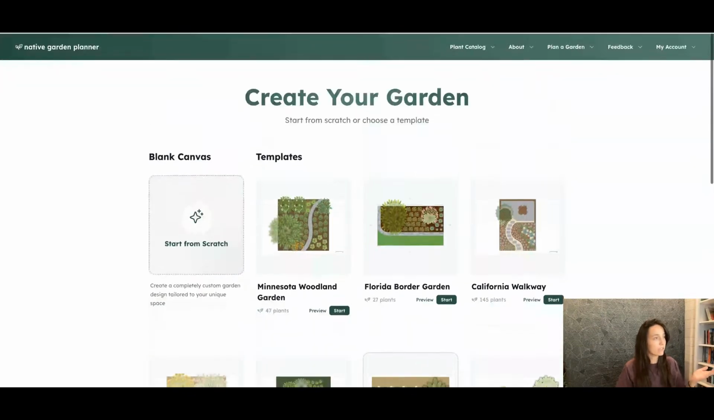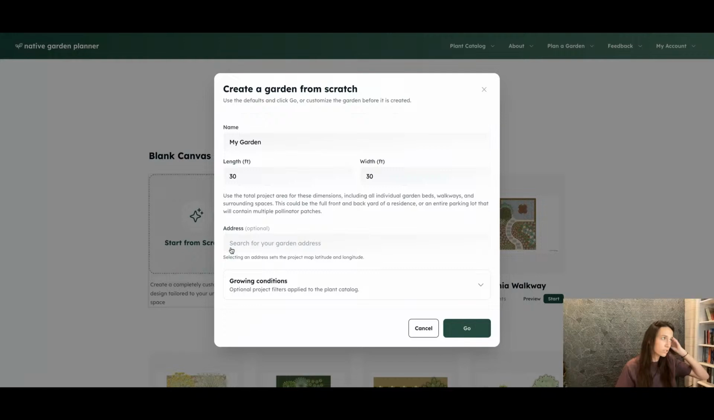You can copy it into your own and start playing around with it. But today we're just going to start from scratch. This is just going to be a simple pollinator patch, and it's only going to be 8 feet long and 4 feet wide. If I was designing a residential property or something that had multiple garden beds or walkways, I